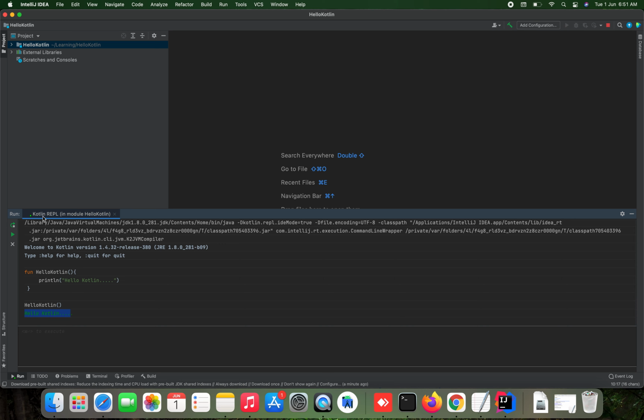Using this Kotlin REPL tool, you can easily write the code and execute it. To learn simple commands and simple syntax in Kotlin, you can just use this Kotlin REPL. This is a function. You can learn more about what this fun keyword is, and what the method signature is, and all those things. I will tell you later. This is a basic one. I'm showing how to use the Kotlin REPL.